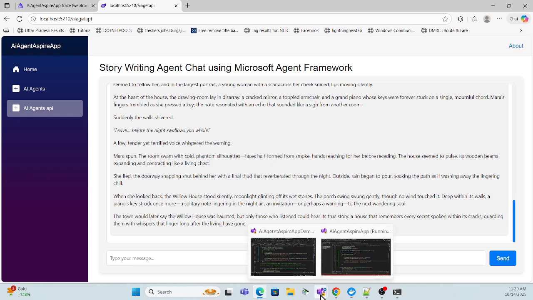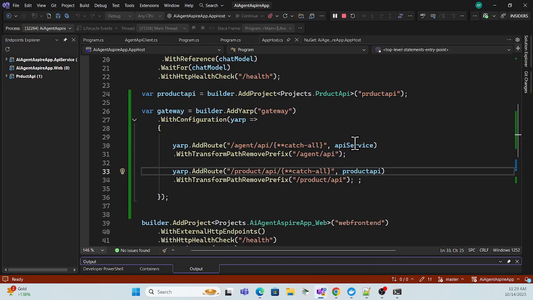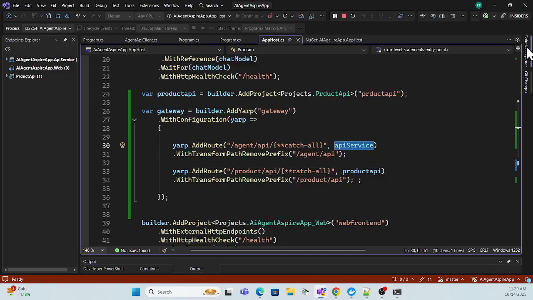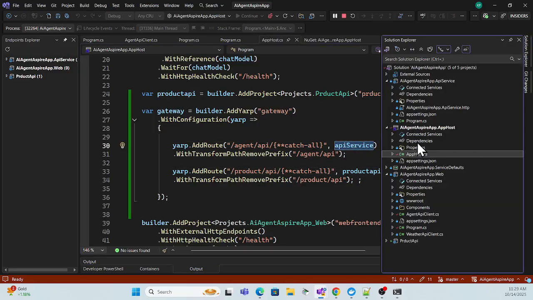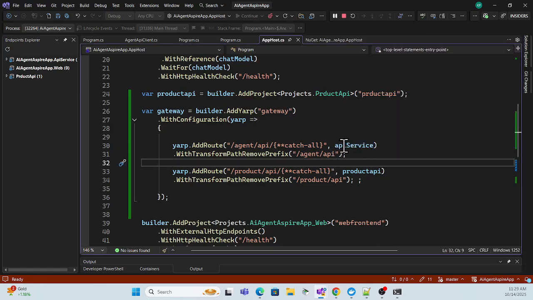But one thing I want to tell you: as of now I am not using any HTTPS in my application, right? Everything is HTTP only, so that's why it is fine. If you use it directly like this, that is fine. But if you think